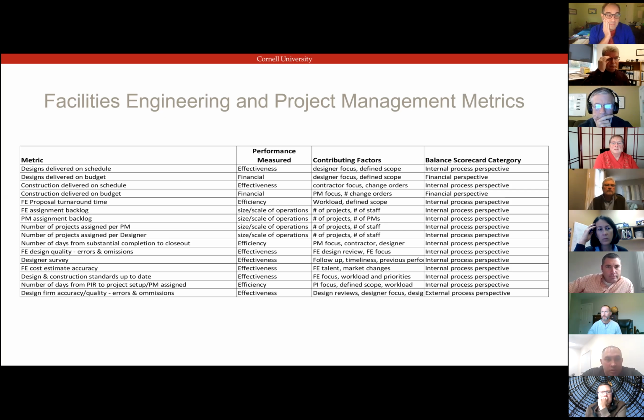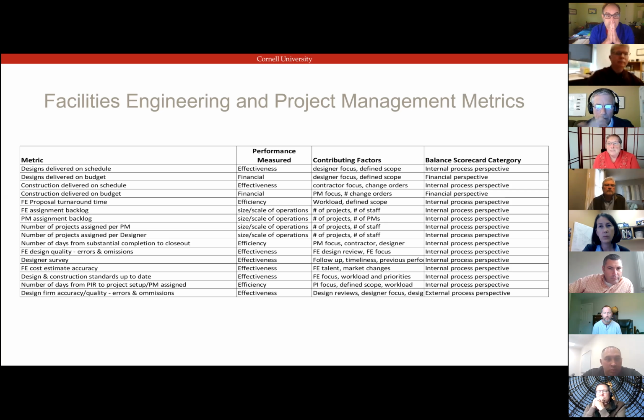I think we have errors and omissions. We have FE design. Okay, all right. Yeah, I think something to think about is that seems like a bit of a trailing indicator. There are indicators up front, as you're doing design submissions, that we would maybe want to also look at. If we're getting a bunch of comments, or you're looking at these comments and going, what the heck are they doing? I don't know how we would measure it